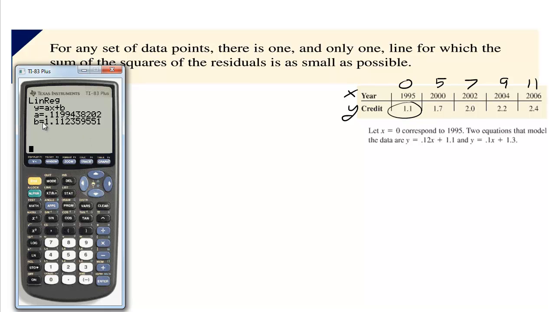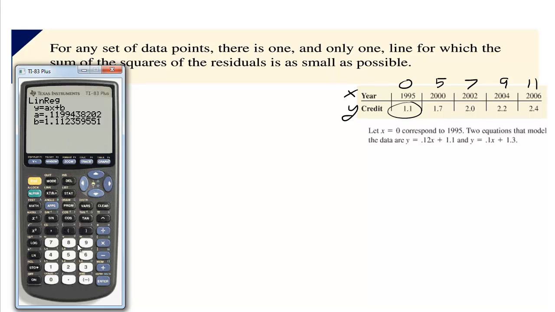So we got the line y equals 0.119 blah blah blah, or 0.12 if we rounded to 2 decimals, x plus 1.11. Well, that's exactly what they have here. And this is a slightly different version that they got with other computations. Now, if you had to figure out r and r squared, and this didn't give it to you, what you